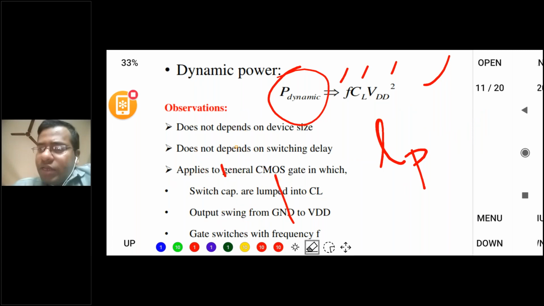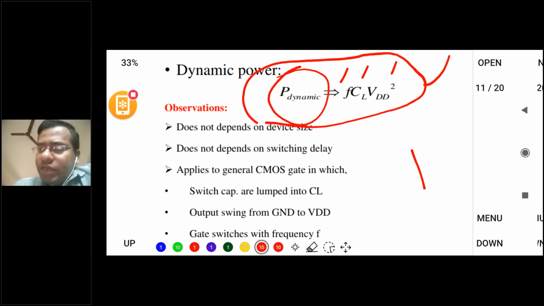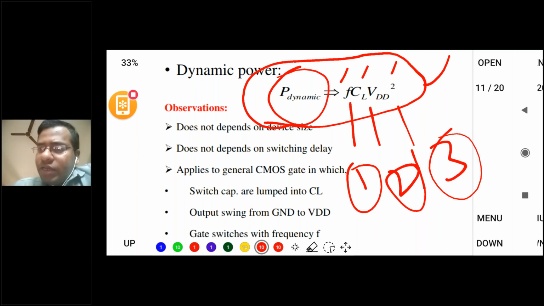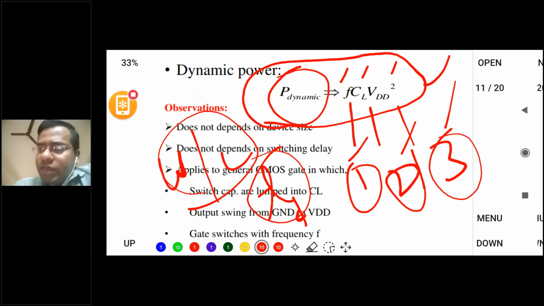Okay, so this is not considered here. The delay is not considered here in the power dissipation. According to this observation, if you observe this equation carefully, the delay does not play an important role here. So what are the important parameters here? There are only three parameters. These three you have to control only. Your W by L ratio does not play a role. Your delay also does not play a role here. But three parameters play the important role in changing the power, or dissipating the power, in your circuit.